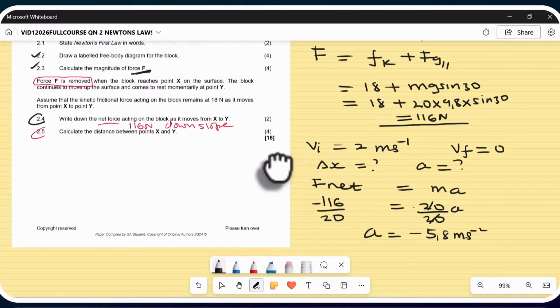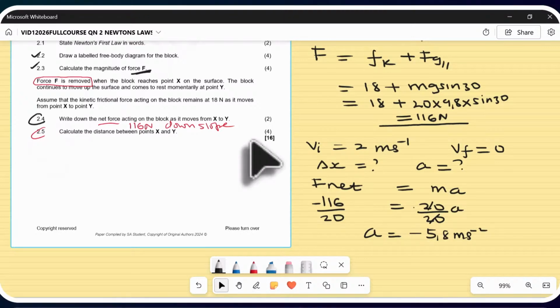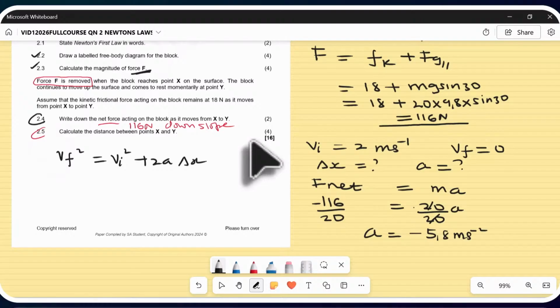So V final squared equals 2 squared plus 2 times negative 5,8, then our delta x here. Now if you compute this, our delta x is given by negative 4 divided by negative